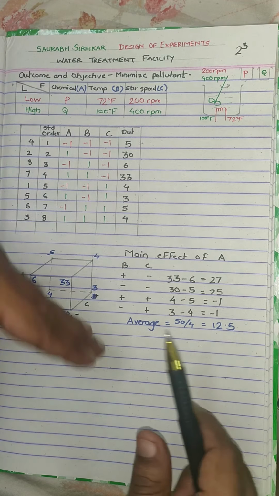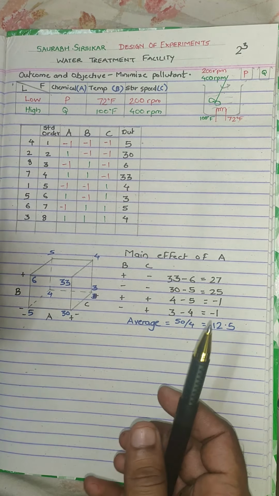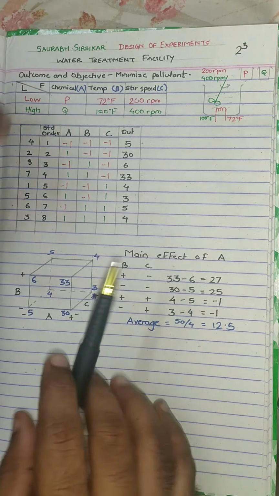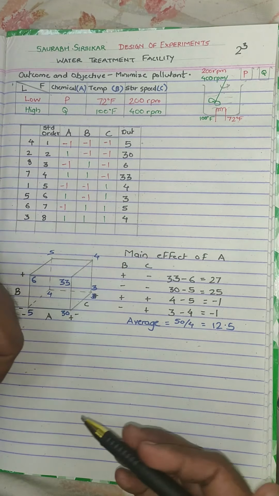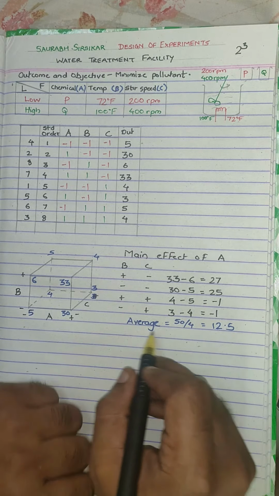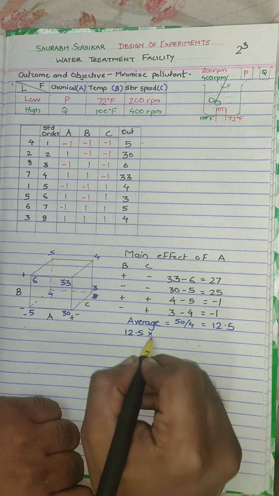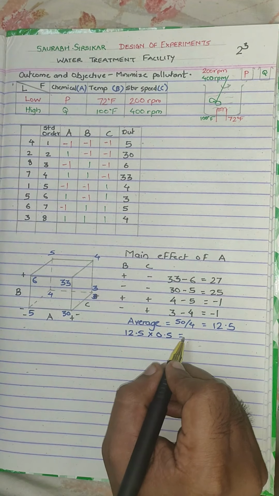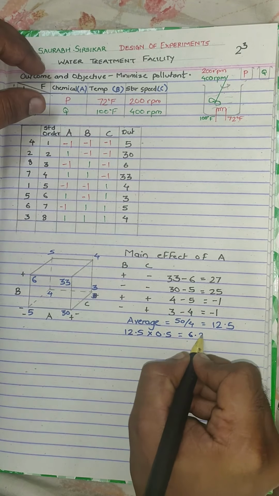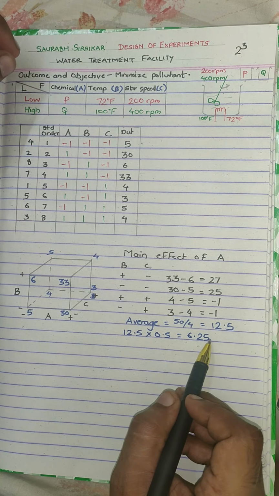So this is what an engineer who is doing this experiment can explain to the manager who does not understand this kind of statistics. Just doing the maths is not going to be sufficient. You need to understand the numbers which are coming out. Now, out of this 12.5 we are going to report only half of the value. So reporting half of the value, we would do 12.5 into 0.5, so that comes out to be 6.25. So in the predictive model I will be adding 6.25 into XA.